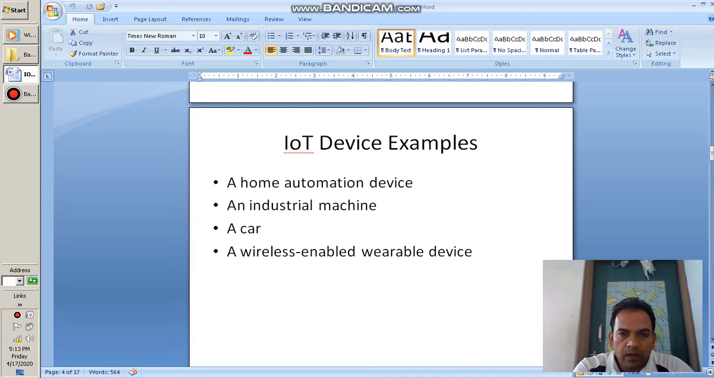A car is also a good example. We have already discussed that the Tesla car is one of the best examples of an IoT system, where several sensors are placed, and if there is an upgrade in the software, there is no need to bring the car to the garage itself. It's done over the air. There is installation of